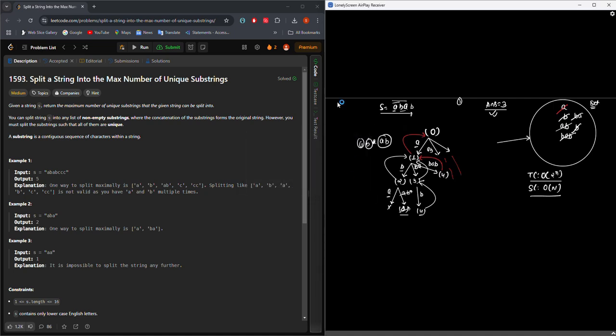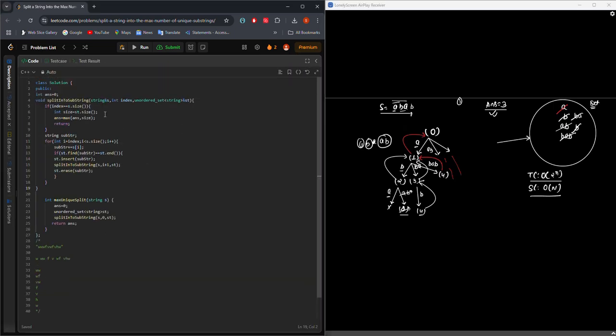Okay, I will show you the code for better understanding. And this is our code. Basically here we are passing the string in this method, our split strings, starting from index 0. This is our set. Now here we traverse our substrings, and after traversing, we explore every path of our substrings.